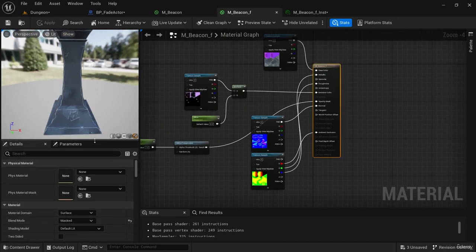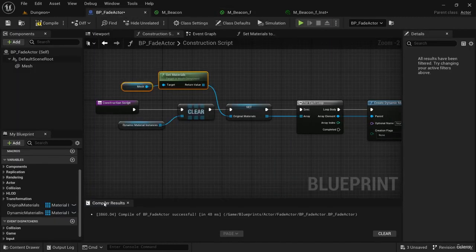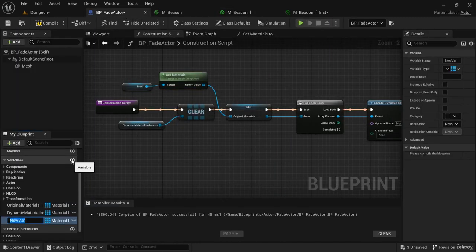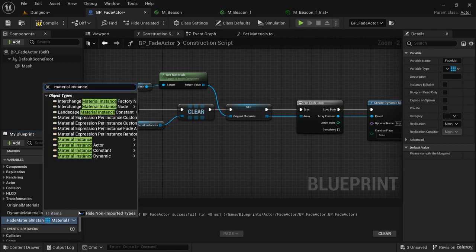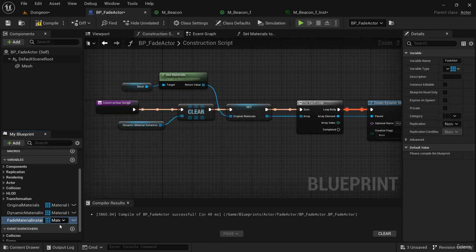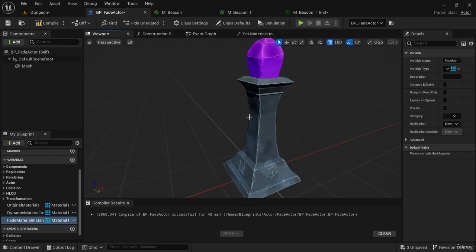And I don't necessarily want to use masked except for when we're fading in and out. So fade actor should have another array in it. And this will be our material instances. And more specifically, our fade material instances. And this can be of type material instance. So we're going to change it to that type. It's an array. And this is something we'll have to set, and we'll have to make sure to set it